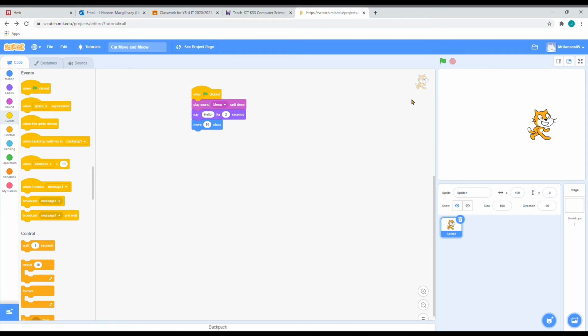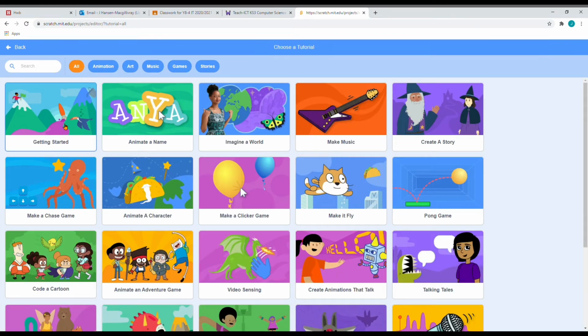For code 2 today, if you click on the tutorials button on the window you're on, it'll save you going back through the browser. So click on tutorials, then you're back to the tutorials page. And the second one I do want to do today, because I think this will give everyone a different outcome, because everyone will have different results, is animate a name, or your name. I'll do mine for the purposes of this demonstration. So if you click on animate a name,